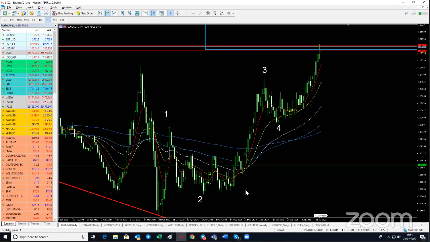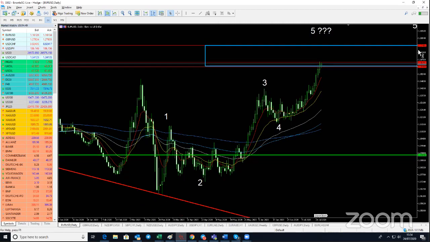So here we still have to look at reversals on Euro USD, but on the daily chart, as I have showed you here, let's just look at the current price right there, 1.1612 area. And I've drawn the box from 1.1580s area right up to the 1.1750s area. Okay, now here we are looking at this box as a potential reversal zone.